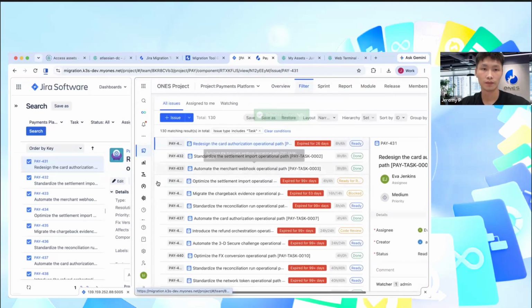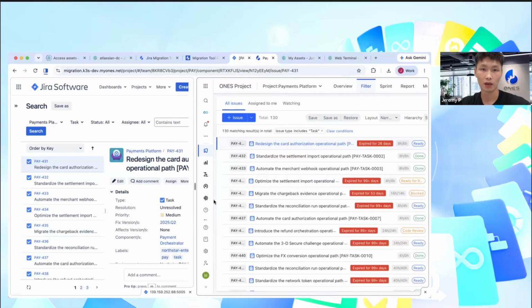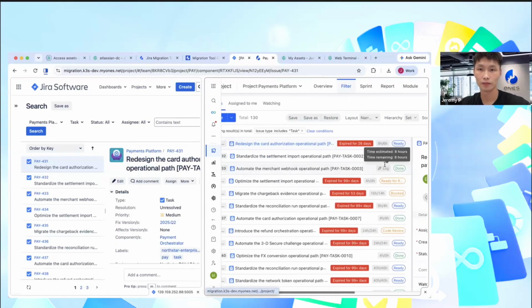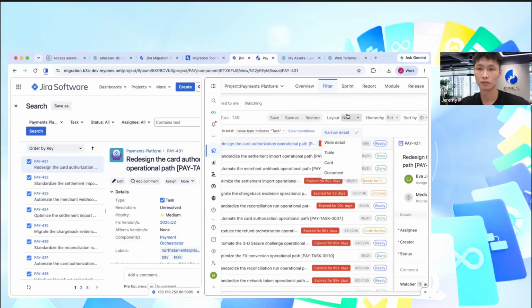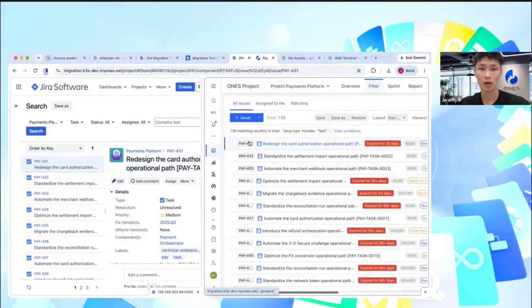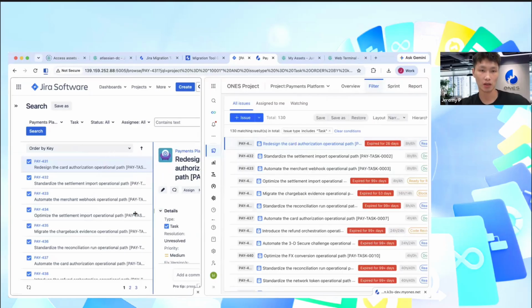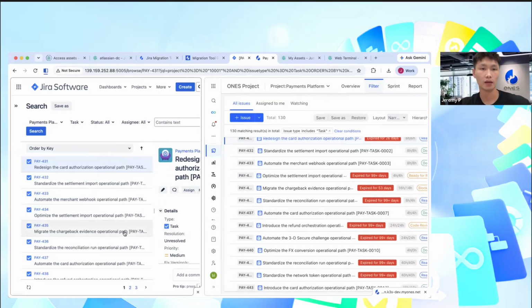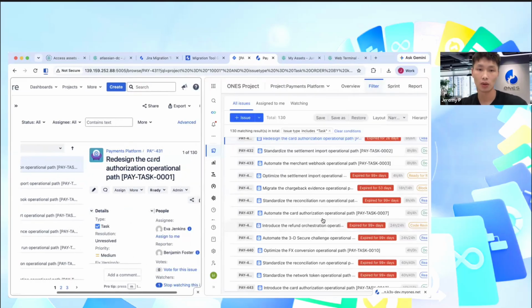Okay, cool. Yeah, so the ID is also available. You can see all the issues are migrated natively. And if we want to dive into the detail,